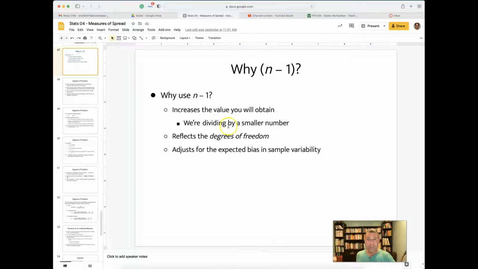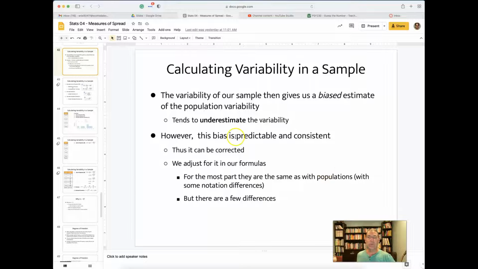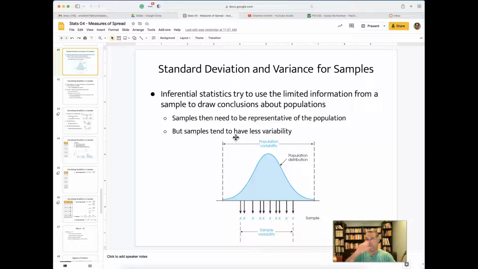Why do we use n-1? Three reasons. The first has to do with this issue: when we measure a sample, the sample comes from a population. The only reason we actually use samples is not to measure the sample itself. We use a sample to try to guess about the population that it comes from. Let's say I want to know, and we'll do it with the mean rather than variability right now, what if I wanted to know the average